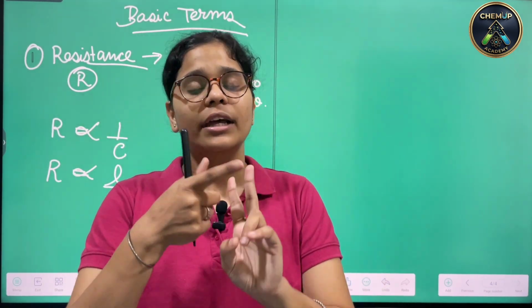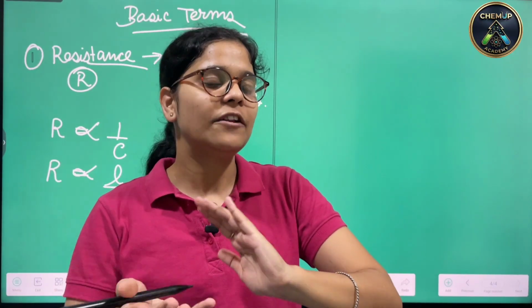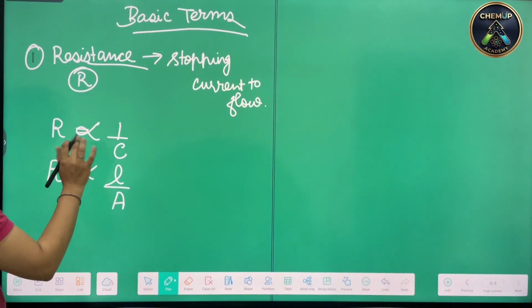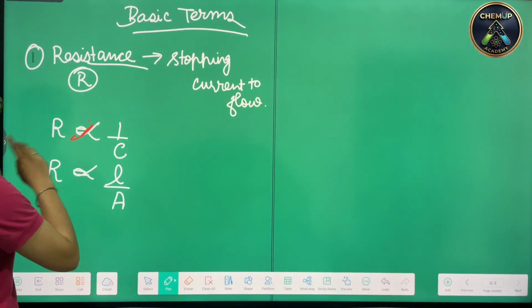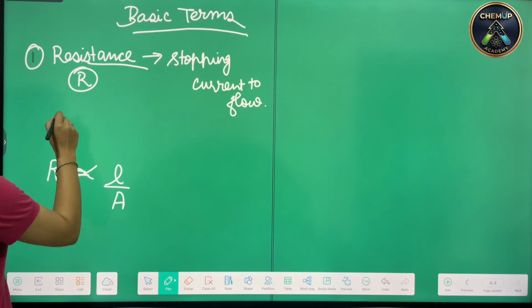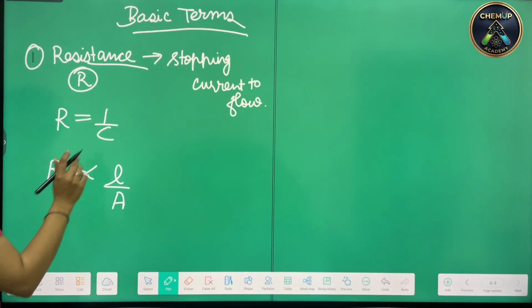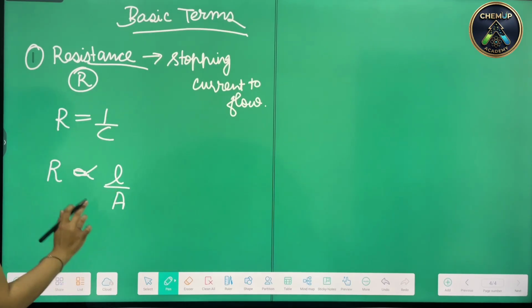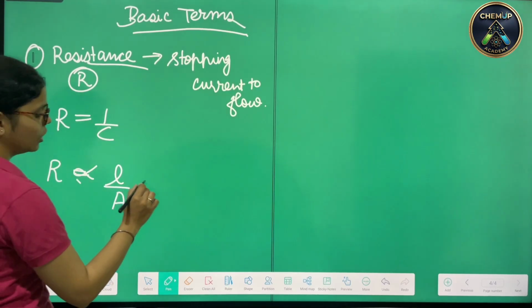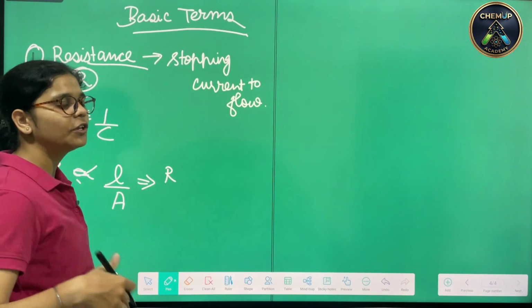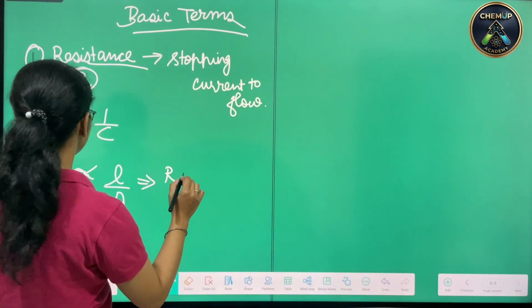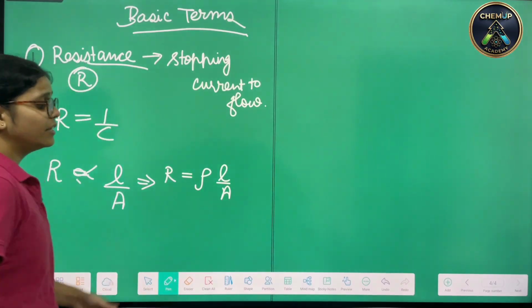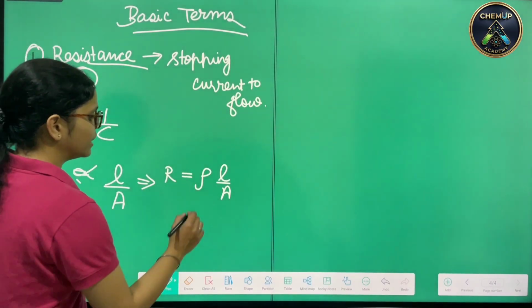Conductance if I talk about, resistance if I talk about, they are basically inverse of each other. So like that you can understand. Another thing is that here you may write it as 1 upon C. C over here is referring to the conductance, R over here referring to the resistance, and in order to remove this proportionality sign, we need to involve a certain sort of constant, which is saying that R equals rho L upon A, where this rho is basically representing something like resistivity,